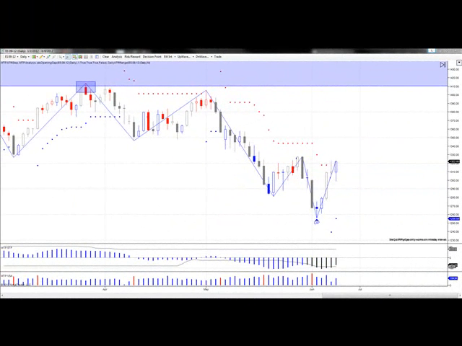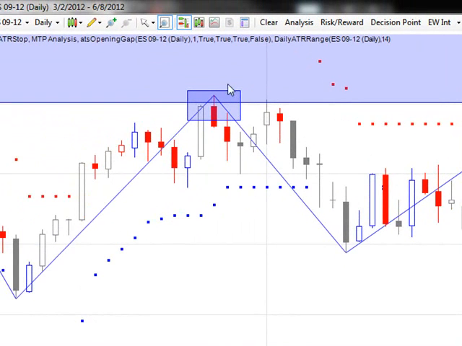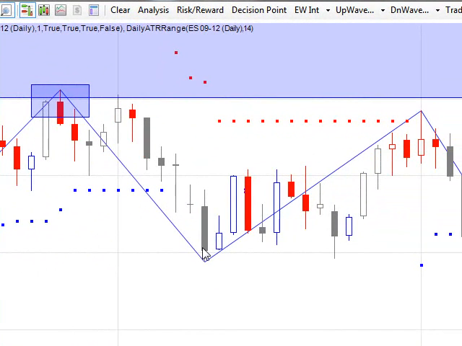This is the MTPredictor weekly update for June 10th. So I've got the S&P daily. This is the new current contract here for September. Again, just going to point out the major top that we had, that we were expecting a correction off of,